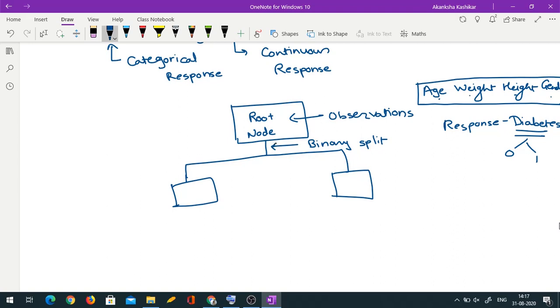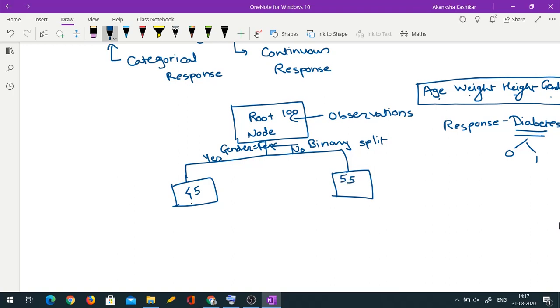Okay, so initially I would put all the people in this class. Then there is a binary split, so perhaps say split on the basis of gender. So gender equal to, let us say, female. So I would have yes on left branch and no on right branch. So it means that if my initial set consists of 100 observations, all the females would go to this node. So suppose there are 45 females and 55 males.